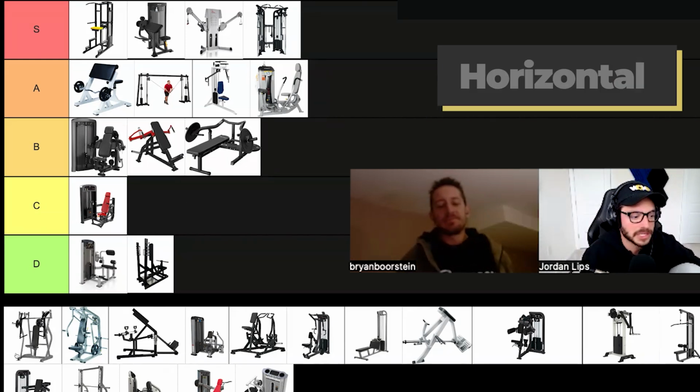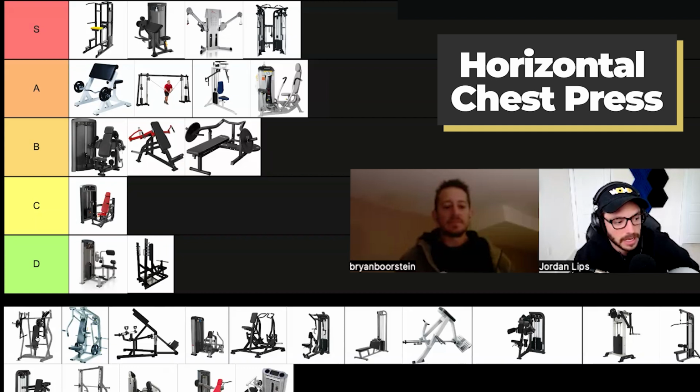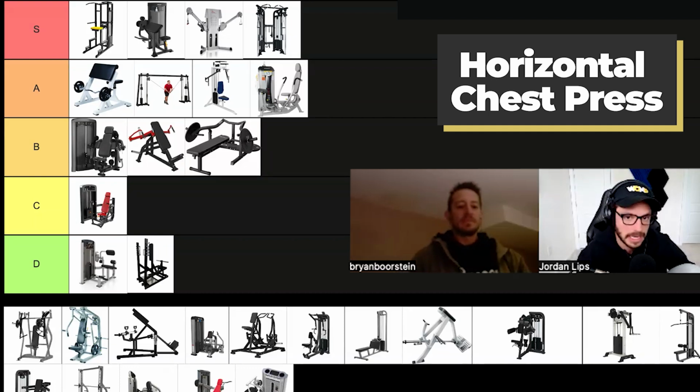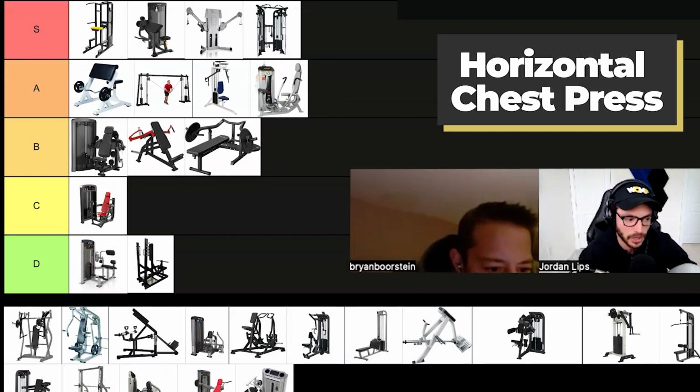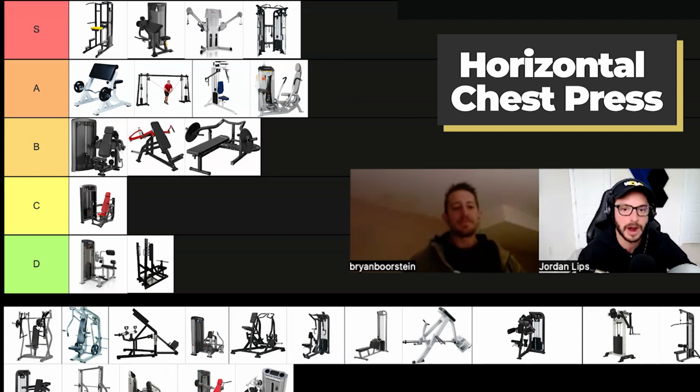Sweet. Next one is our Hammer Strength, the standard horizontal chest press. It's not the overly inclined one. It's not the decline one. It's the press perpendicular to my torso. Hammer Strength, plate loaded. You know, every 24 Hour Fitness, every Snap Fitness, is going to have this Hammer Strength chest press. Yeah, I like this machine personally, but